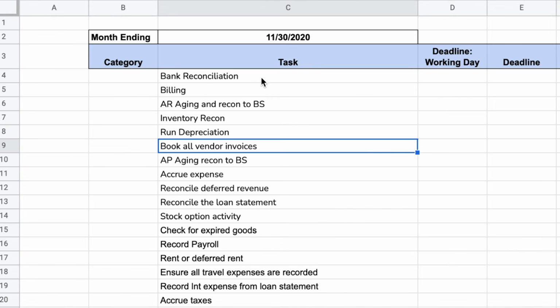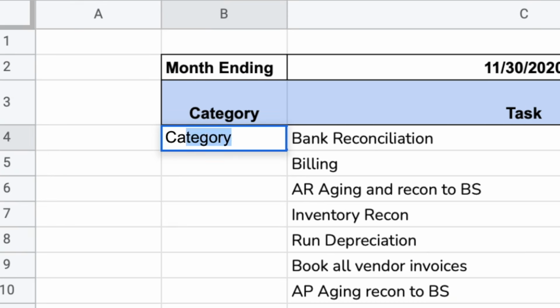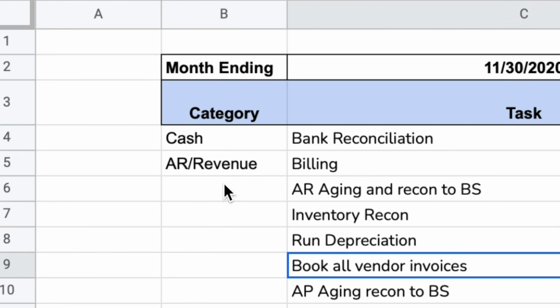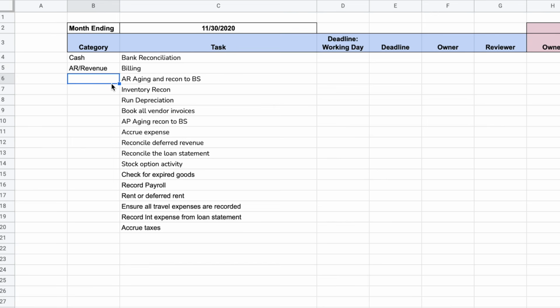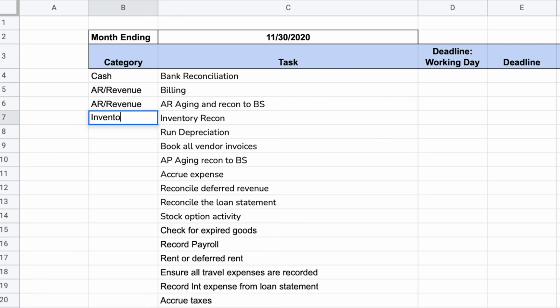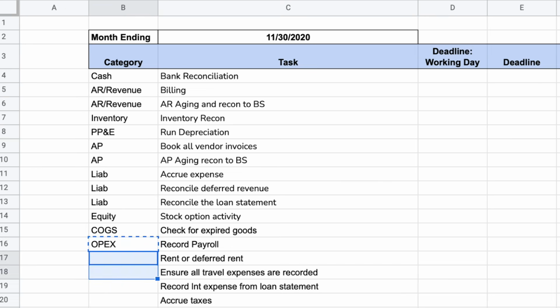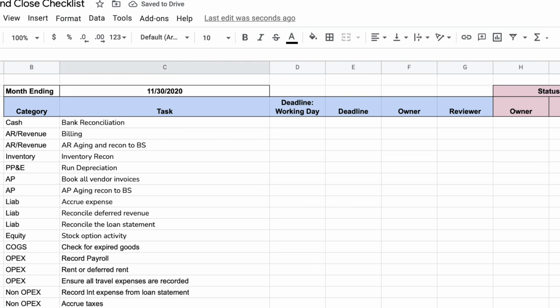All right, now that I have all of my tasks, I can go ahead and enter the category. So bank reconciliation is cash, billing is going to be AR, revenue, and so on. I'm going to fill in all of the rest. All right, so now that I have all the tasks here with the categories, I can go ahead and fill